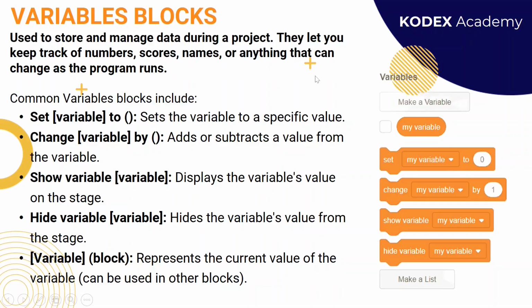Whenever you want to create any variable, you need to choose the variable block palette, which is represented in orange color, and you can see that many command blocks will open in the variable. Here the first option shows Make a Variable. You can create your own variable and give a name to it. Suppose you want to make a variable of a particular number, a score, a particular name or anything. You can create your variable, and afterwards, like this My Variable, whatever variable you have created, that option is also visible on screen.